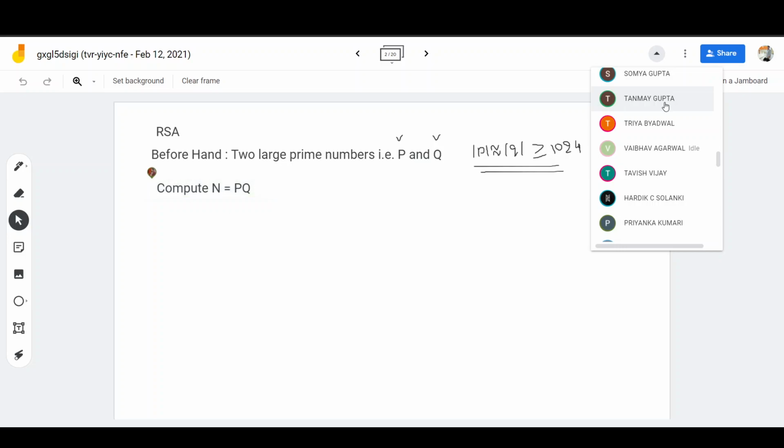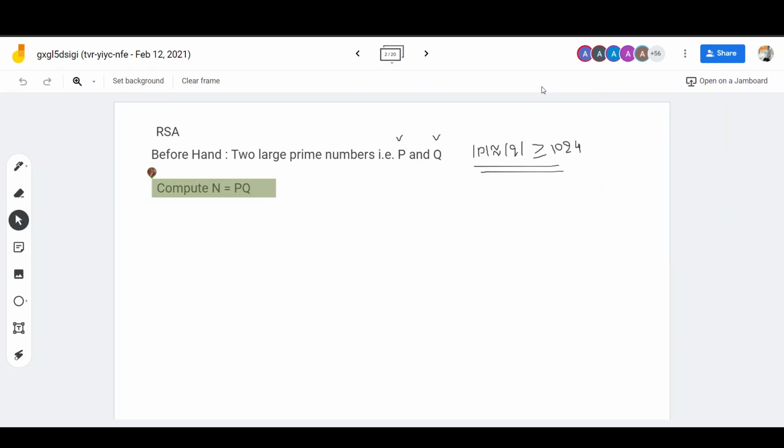You have to compute it like this. This is step one. And in step two, I have to compute